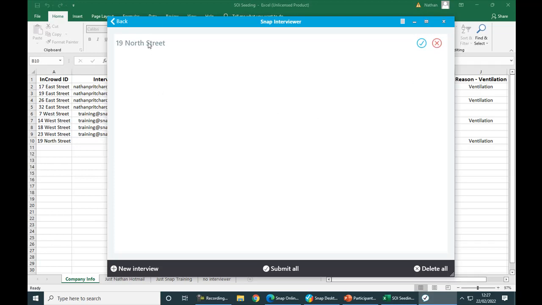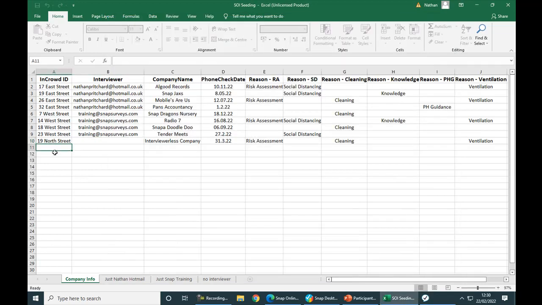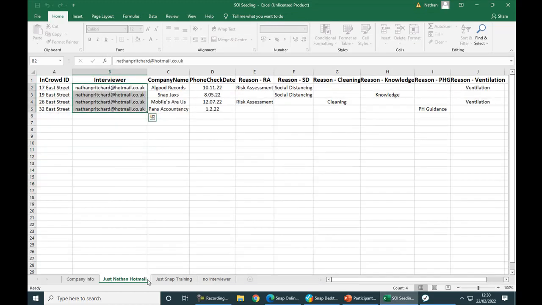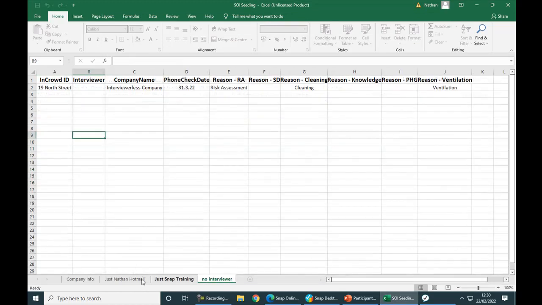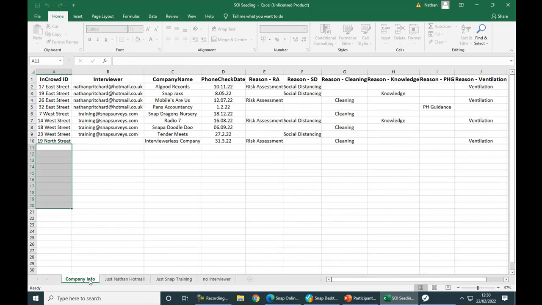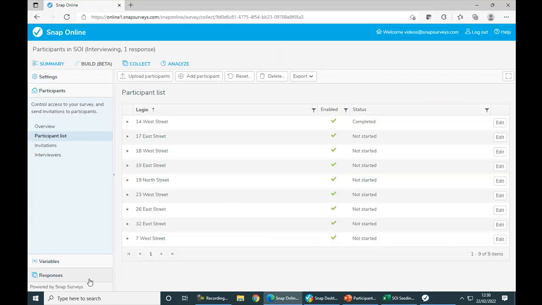In terms of adding additional participants, I could either add some new ones on the end of my original worksheet, or we could perhaps make use of the additional worksheets down the bottom. Either way, it's just a case of going back into Snap Online, into your participants list, and upload participants.